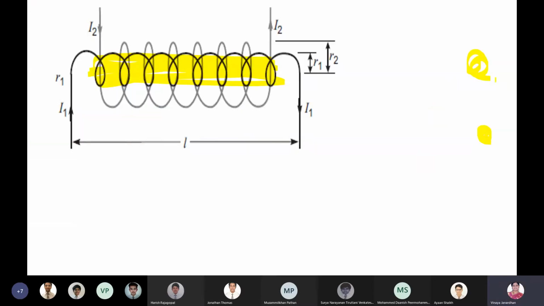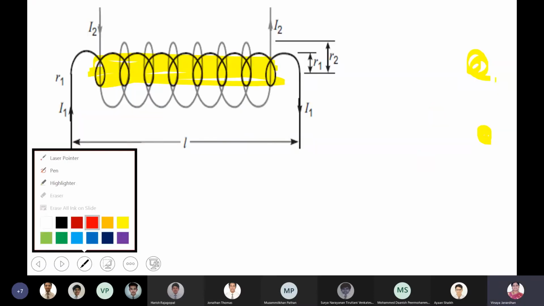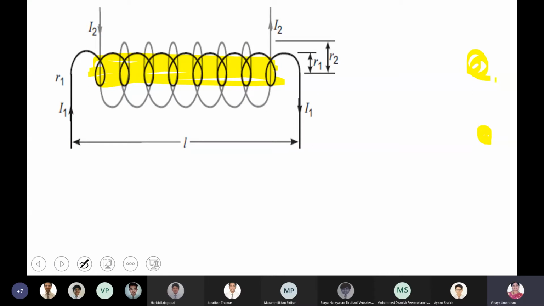Now let me go for deriving an expression for it. For that, we'll start with this. Think that the currents flowing, both I1 and I2, are alternating. The current keeps on changing its magnitude and direction. So when the current flowing through S2 is changing, say it is increasing or decreasing, then the magnetic field it produces will change. When the magnetic field produced by S2 changes, the number of field lines passing through S1, that is the flux linked, phi1, is going to change.